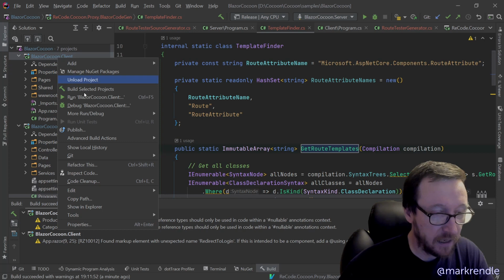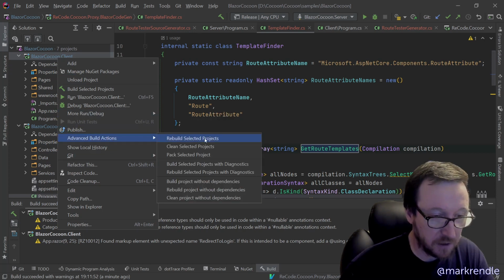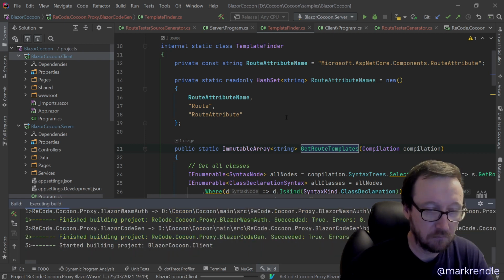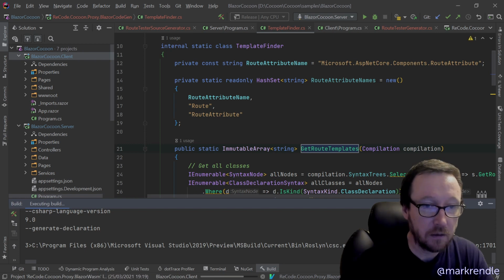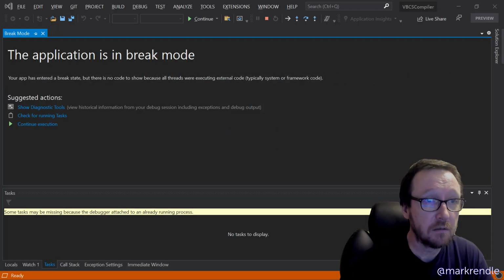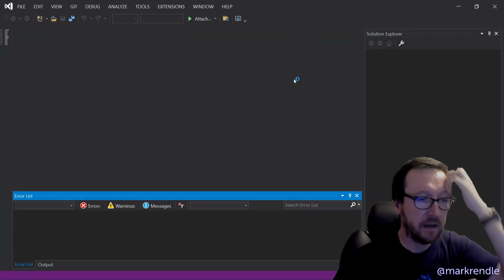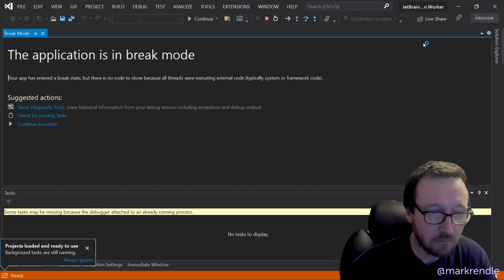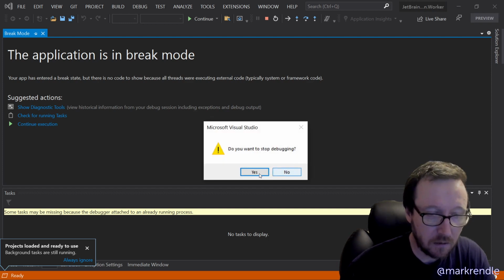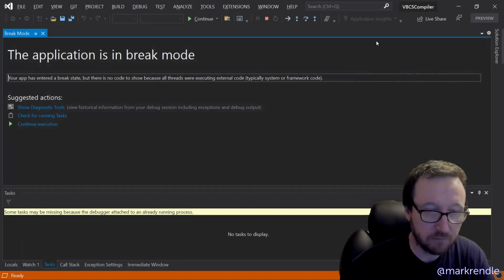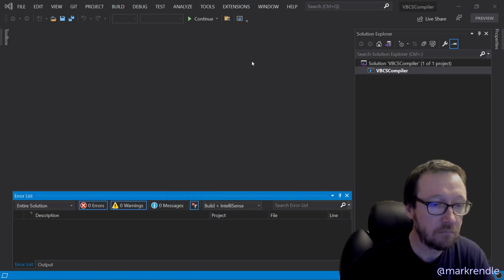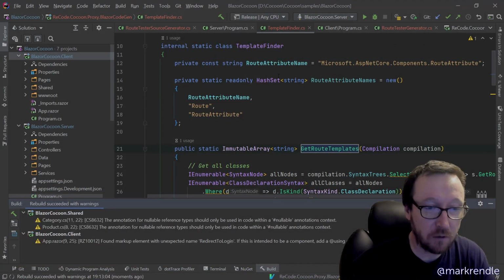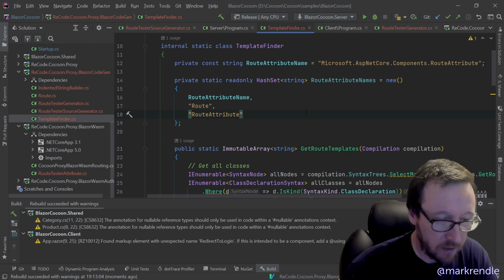And let's go back to here and let's do advanced build actions rebuild. And I'm going to try debugging using this. Oh, we're getting an unhandled exception. Yeah, stop debugging. Don't save. Yeah, stop debugging. Don't save. Nope, don't want to. Okay. So,